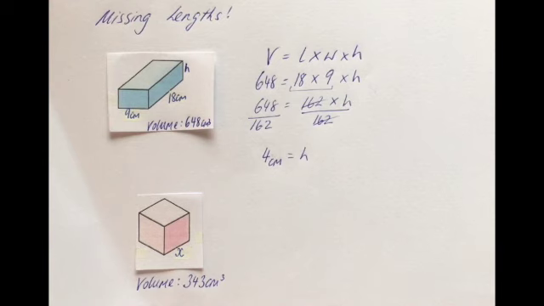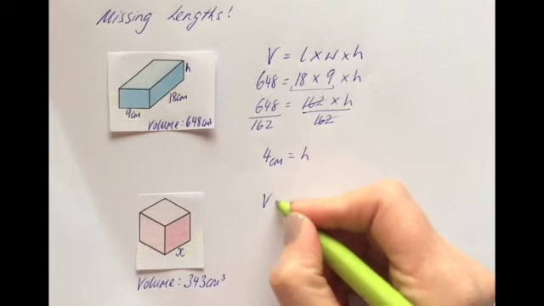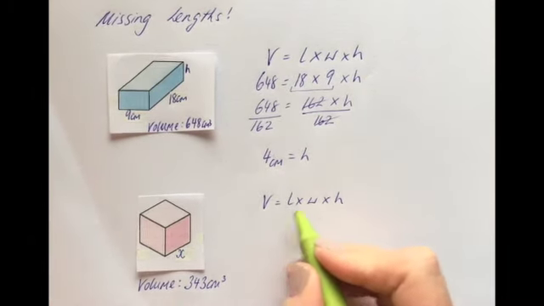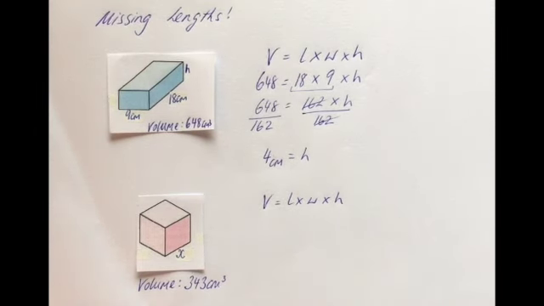Okay, so now we have a cube, and again we are missing the length of one of the sides. We are given the volume. The volume is 343 centimeters cubed. So again, the minute we identify the shape and we know we're talking about volume, get the formula written down for yourself in full. So make sure you have V equals length times width times height, and now fill in